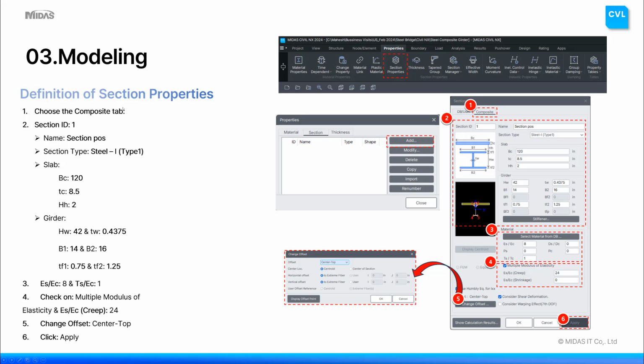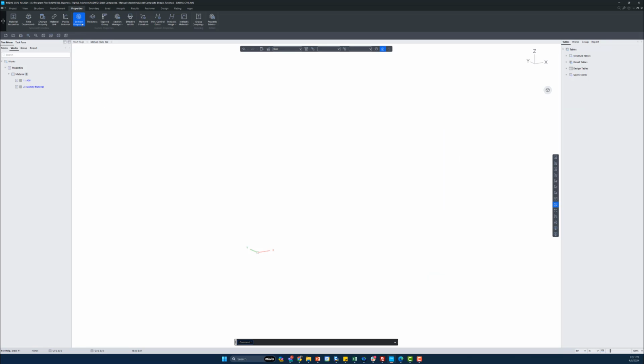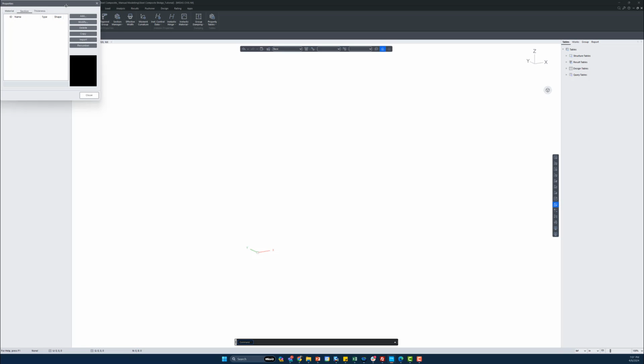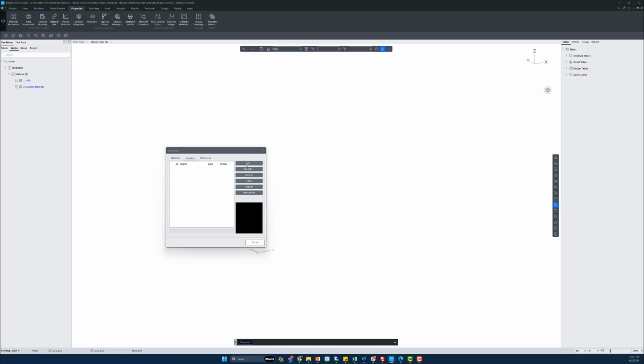As you can see, we'll be defining the section properties, which can be defined under the properties ribbon menu here in section properties, and we'll first be defining the section for the composite section. It's pretty similar to defining the materials. We'll be defining the dimensions for the slab and girders, and also giving some material properties. Let's go back to Civil. I'll click on section properties, and if I click add,